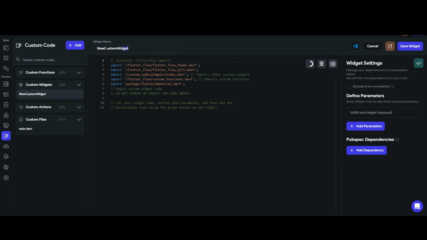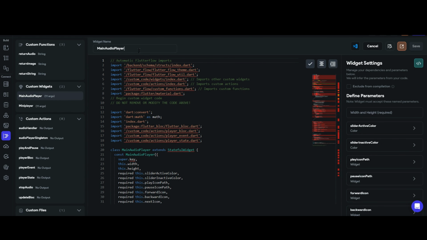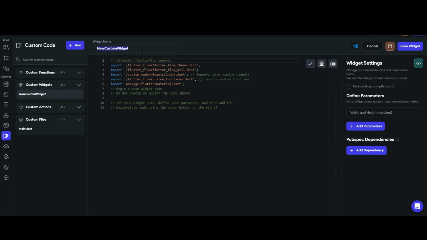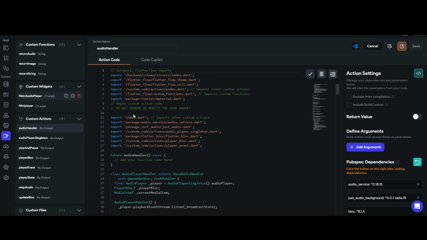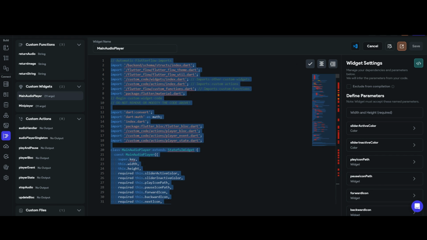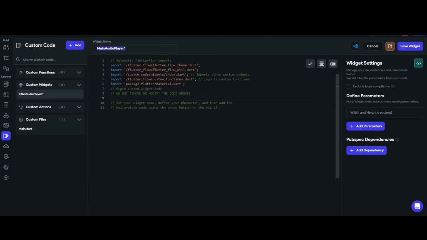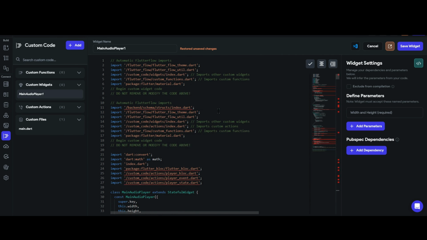You can add your own widget name, or else you can just copy the widget name that we have here. In case you want your own widget name, you can name it as you want, and then copy the entire code of each and every widget or action. You can just copy this code here and then paste it here. And then